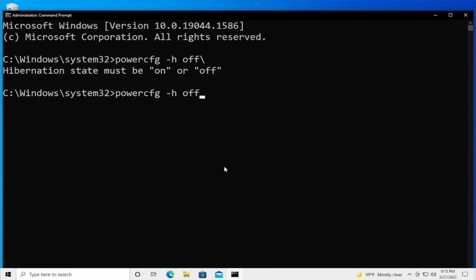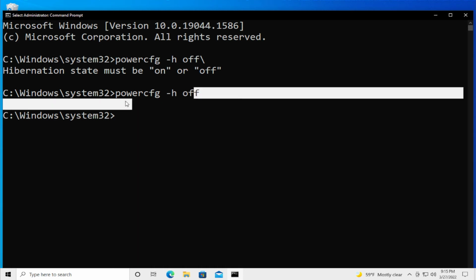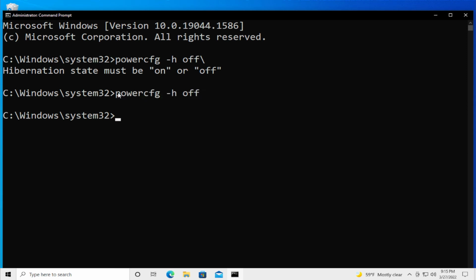Powercfg, this symbol H space off and hit enter. Copy the command. Copy and